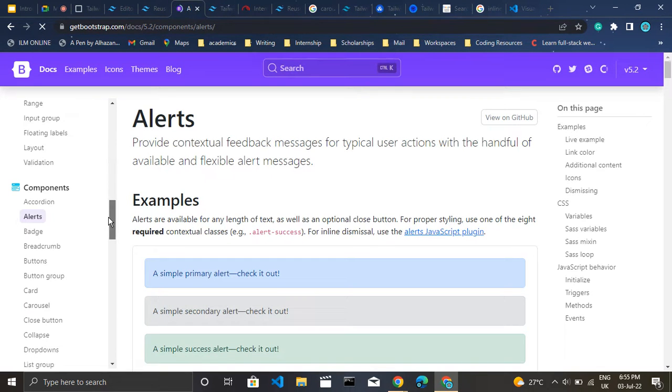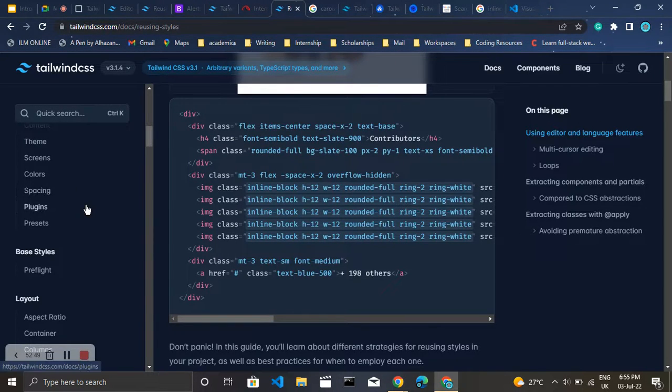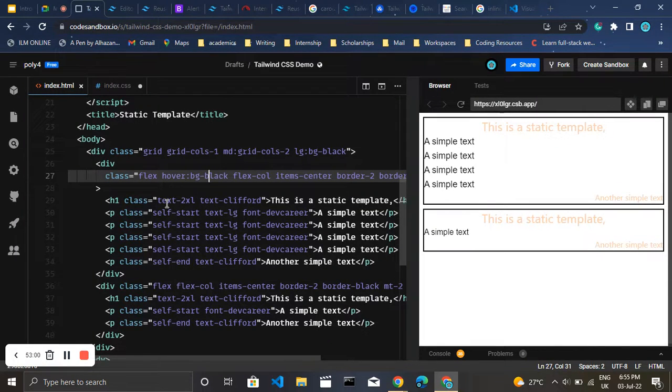You just have to come to the documentation and say you want to do cards. But with Tailwind, after using it in one or two projects, you won't even have to come to the documentation before you start using it. When I do text-2xl, I know that's a text of 36 pixels. When I do text-lg, I know, because I've used it before, that it means a text of this size. When I do p-2, I know that means padding,